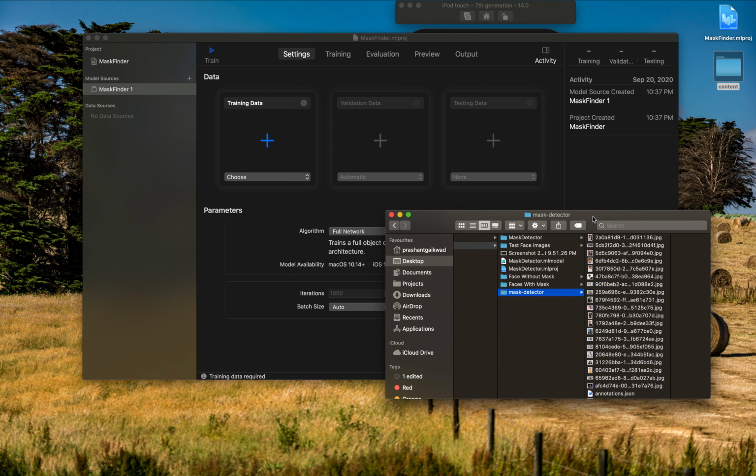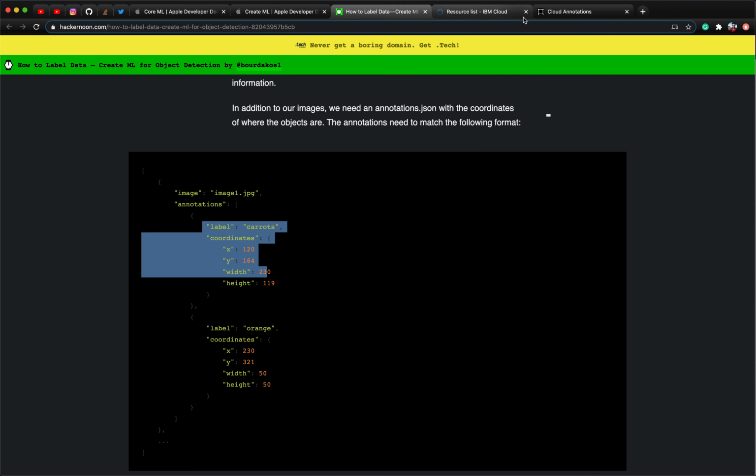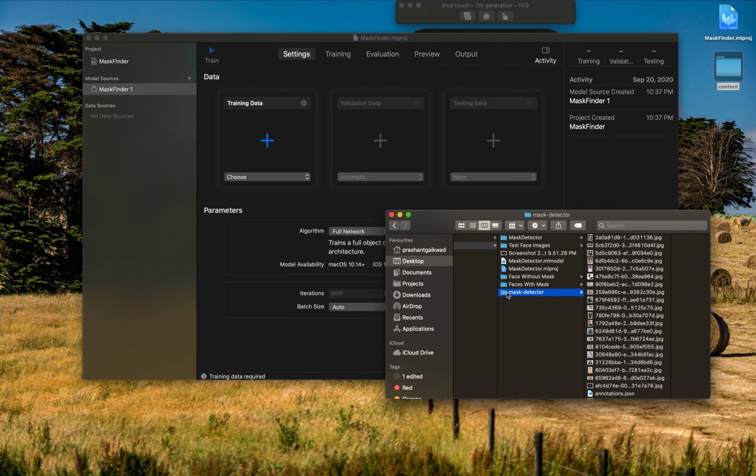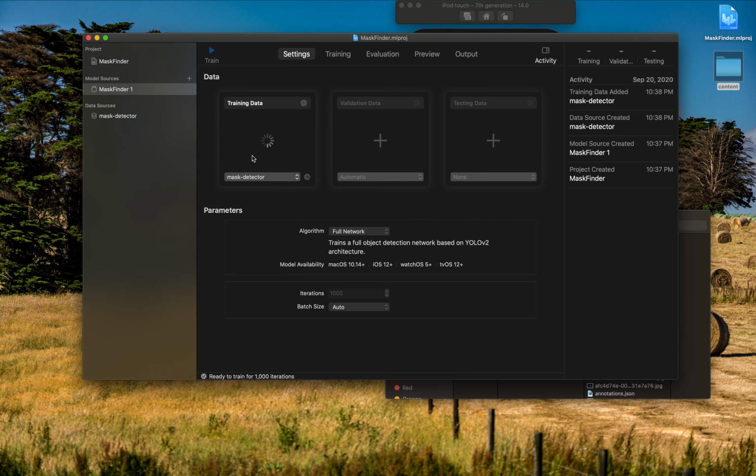So I will come here. Training data will be nothing but the folder which we have exported from this application, which is this. And now I will put this here under training data, and once I put that, it will start processing the training data.